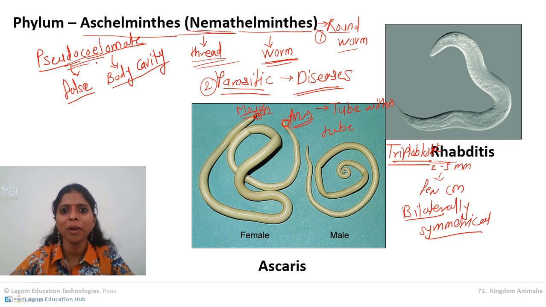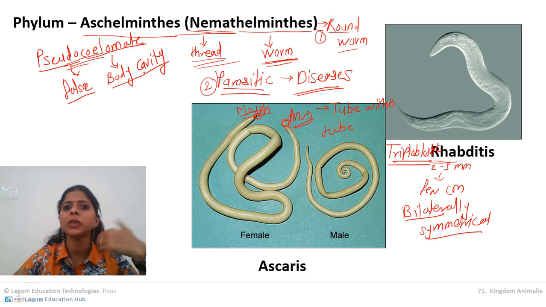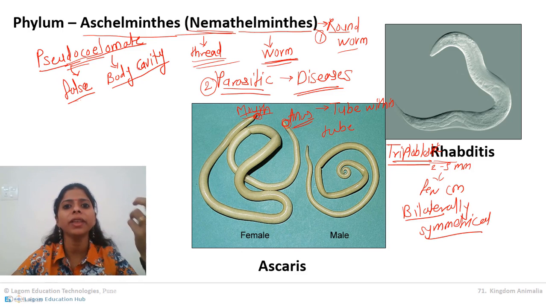Understanding? Clear about it? Now, as they are pseudocoelomate, their mesoderm is not well developed. Mesoderm is basically associated with muscle development. So in these animals there is no complete muscle development. Few muscles are developed, few are not, because there are only a few mesoderm cells. Those few cells develop a few muscles, but other muscles are not developed. When the muscles of these animals are observed, they have straight muscles.